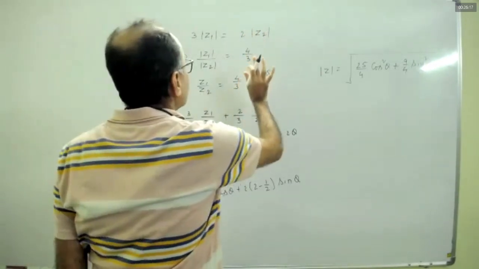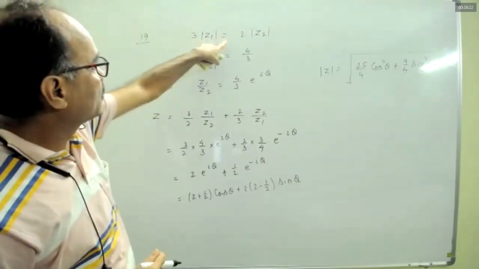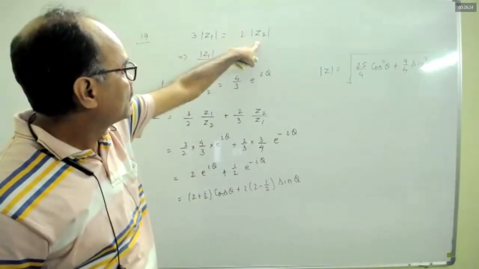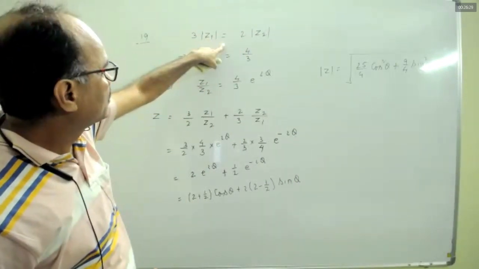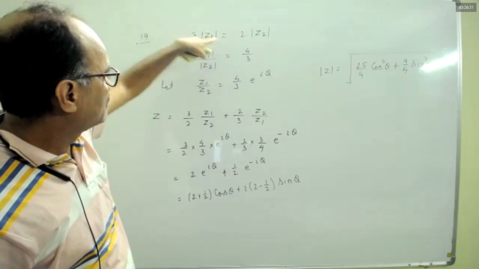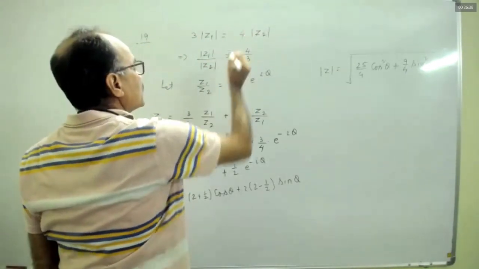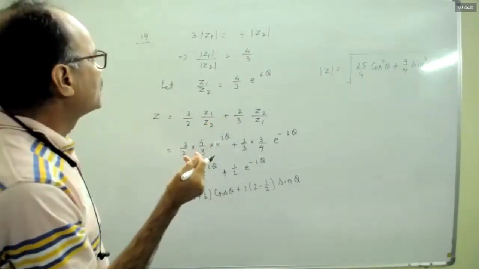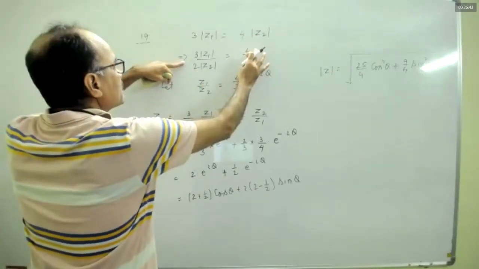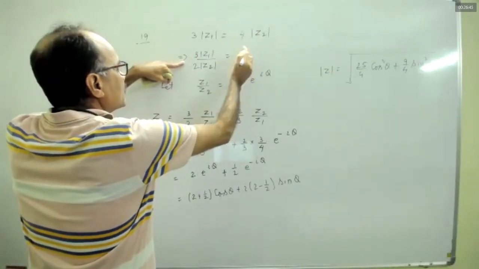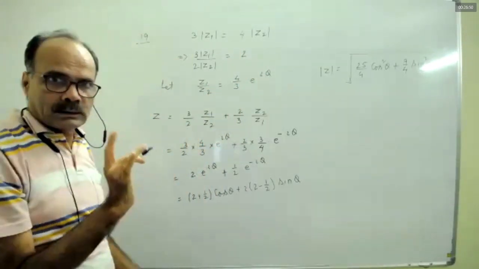Sir, just now take 3z1 by 2z2 equals 2. I just now saw 3 mod Z1 equal to 2 mod Z2. If we take 3 mod Z1 by 2 mod Z2 equals 2, that only, sir. If we bring it here, we will get equal to 1. Okay, this is 4. If we keep that as 4 and we bring 2 from that, 3, 2. This is how much? 2.